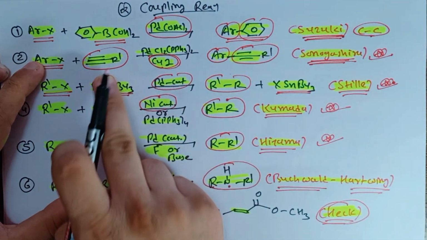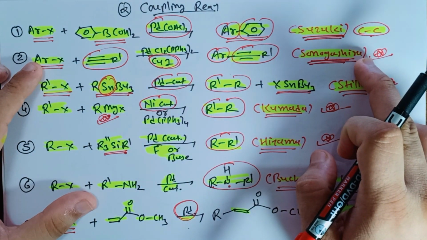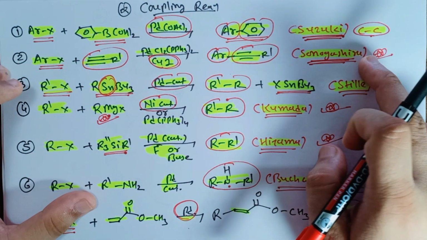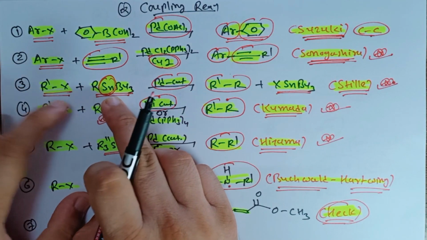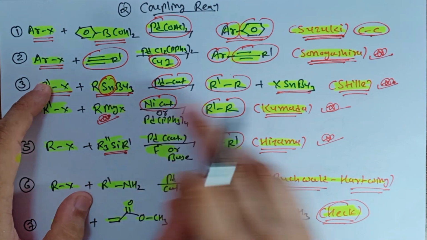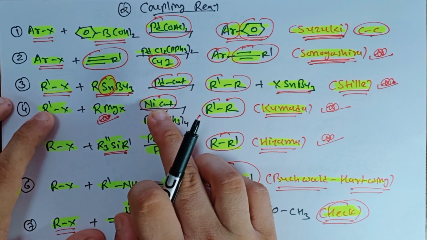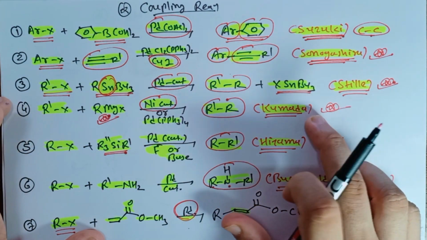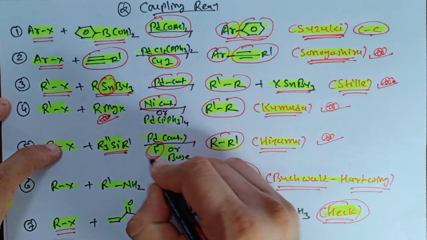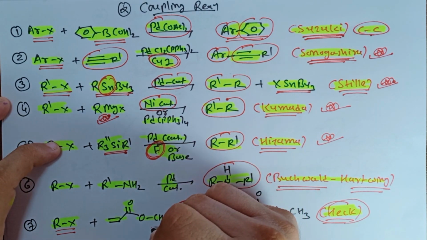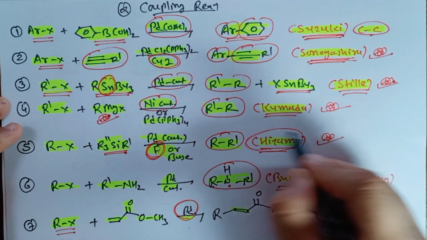Now whenever you are finding an alkyne group in the presence of the copper and palladium, you are always thinking about the Sonogashira reaction. Okay, in short question or MCQ you can ask this type of question. Now whenever you are finding a tin derivative with the aryl halide, you can always remember that is the Stille coupling reaction. If you are having a Grignard reagent with the nickel catalyst, that is known as Kumada coupling reaction. Silicon derivative with the palladium catalyst in presence of, remember this thing, fluoride, that is tetrabutylammonium fluoride, or base. In the presence of silicon derivative, you can find a Hiyama coupling reaction.